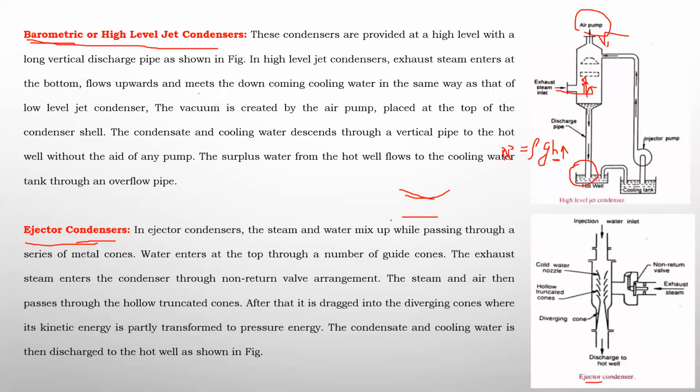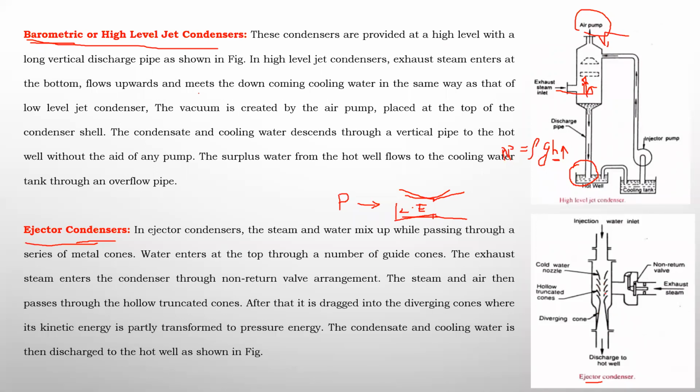Initially, there is a gradual reduction in area up to the throat portion. After the throat portion, once again there is an increase. This we call a convergent divergent nozzle. The purpose of the nozzle is to convert pressure energy into kinetic energy. For that purpose, we will be using what? Nozzles. If you observe, there are so many nozzles, all in the form of what?